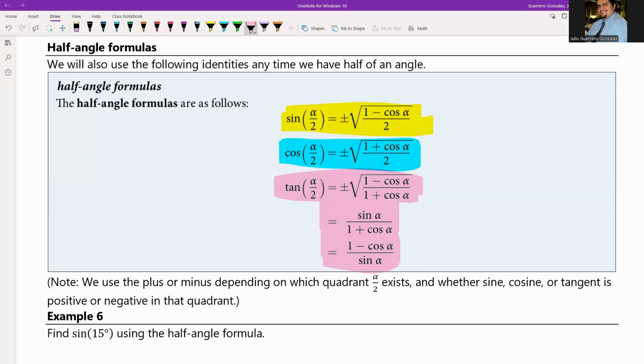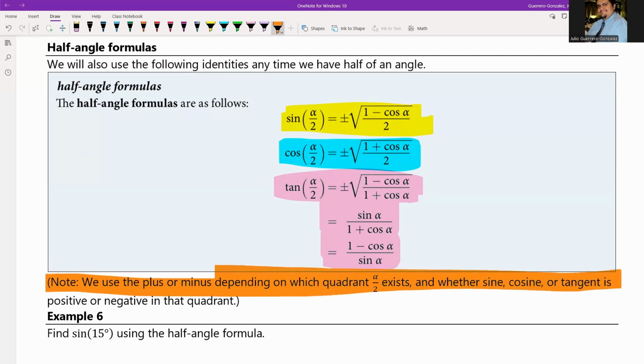Okay? And the other thing that I need to note is this down here at the very bottom, right? You guys see that all of these equations that are up above, the yellow, the blue, and the pink one, they have a plus or minus, right? We still have to be cognizant of where on the unit circle we are, okay? So obviously, sine and cosine have different values depending on what quadrant you're in, right? So just keep that in mind, okay? But in terms of using these,